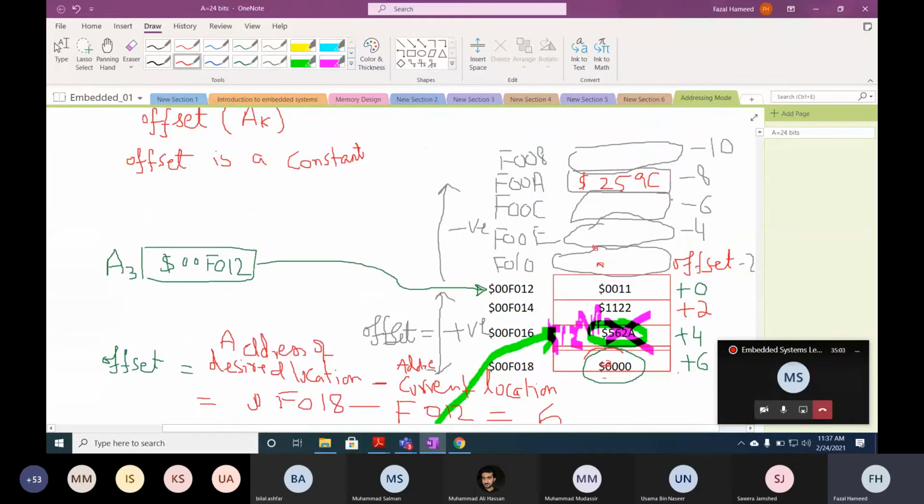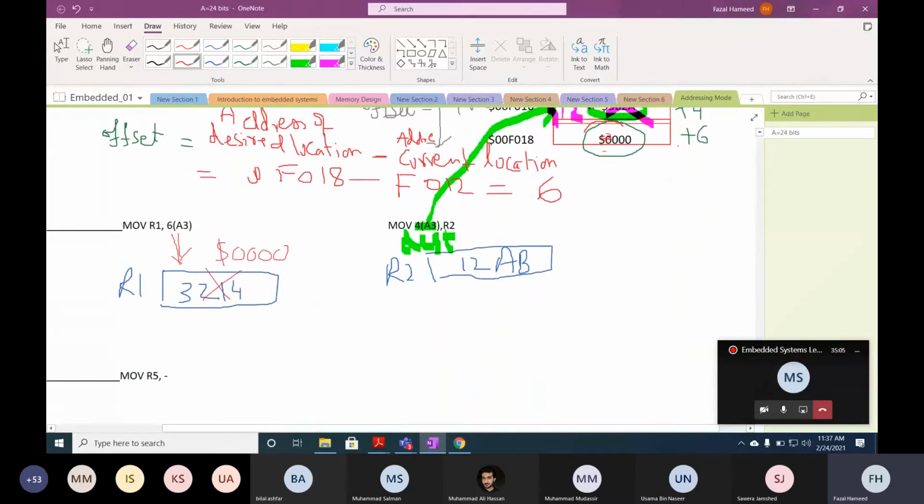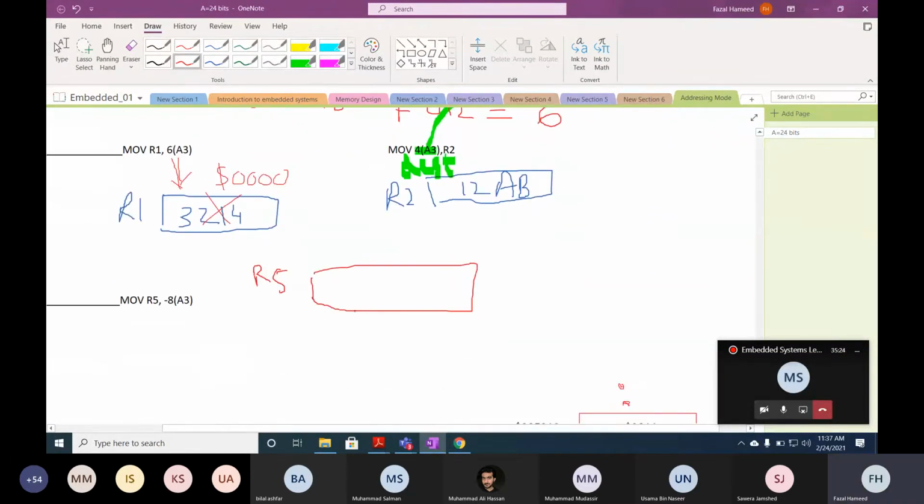So we are using move R5 minus 8 A3, and let's assume that the old value of R5 is $1100.